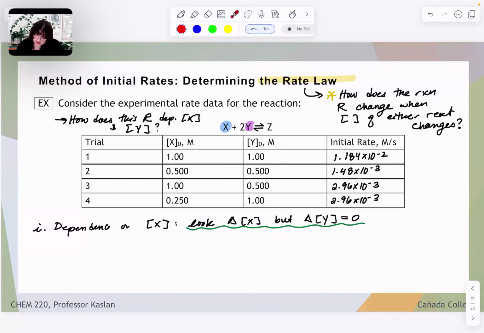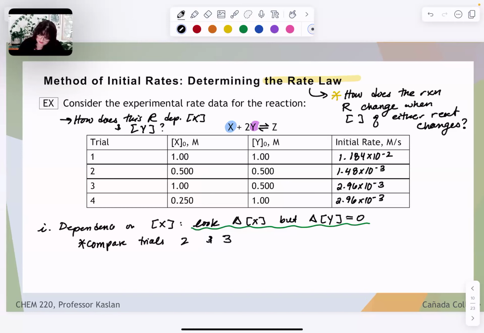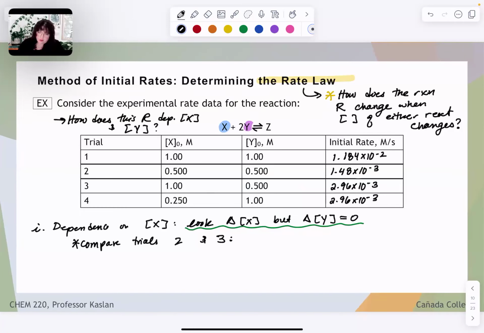I could look at, let's try 2 and 3. Okay, this does show a change in X, which is good. And oh, hey, this shows no change in Y. So I'm going to compare trials 2 and 3. So let's describe what happened when X changed,